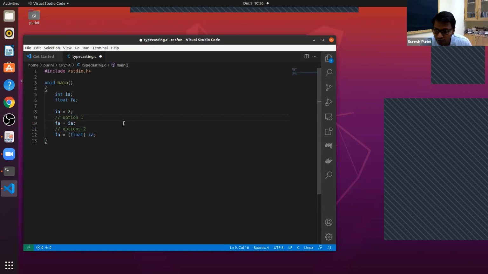Lines 10 and 12 both are the same, because line 10 automatically gets translated to, or is equivalent to, line 12. But what's the difference between line 10 and line 12? No warning, manually casting, implicit, explicit. All these things are true.